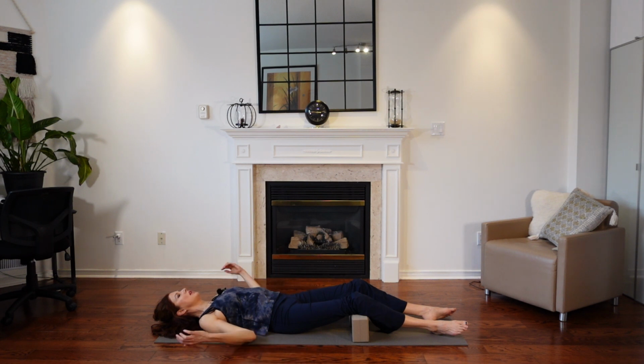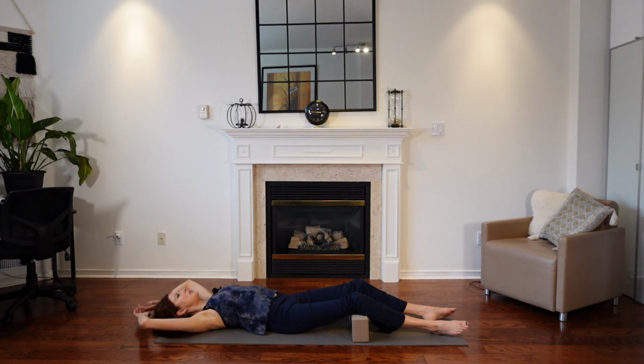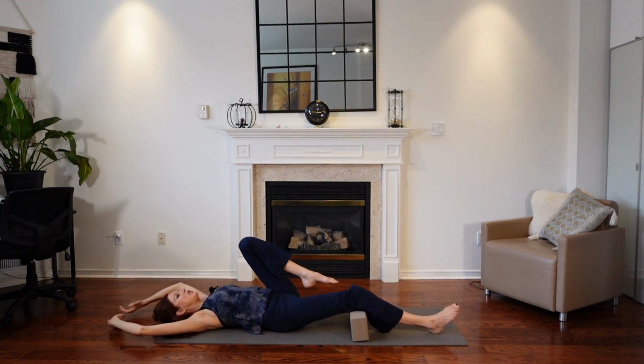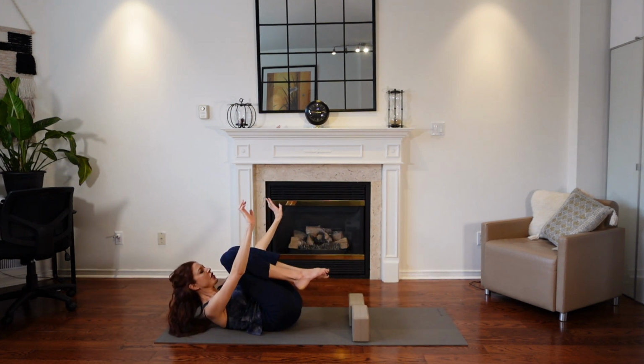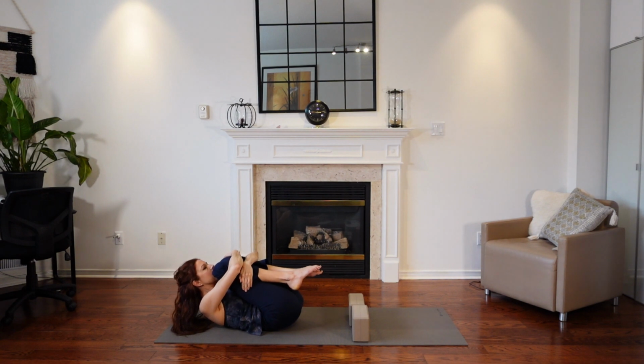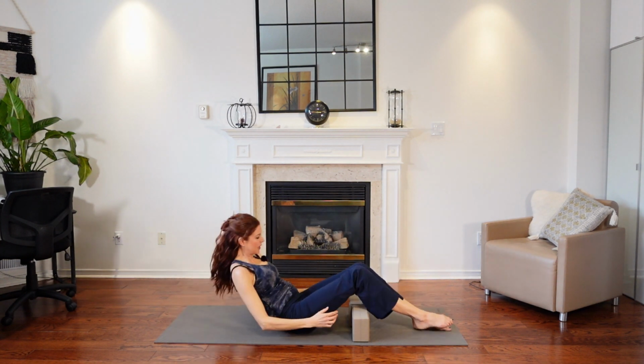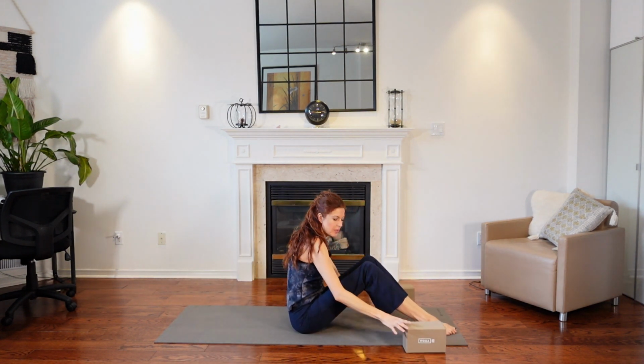Or if you're ready to close the practice with me, you can give yourself a stretch from head to toe, reaching your arms over your head. Maybe bringing your knees again into your chest, giving yourself some self-love, bringing your chin in to your knees. And then coming up, finding your comfortable seated position